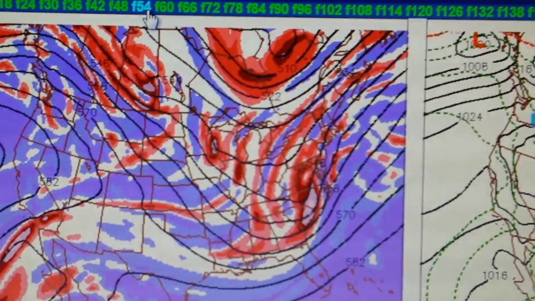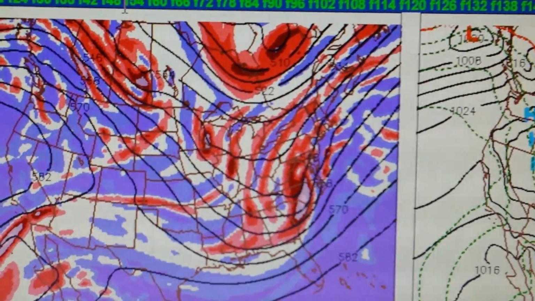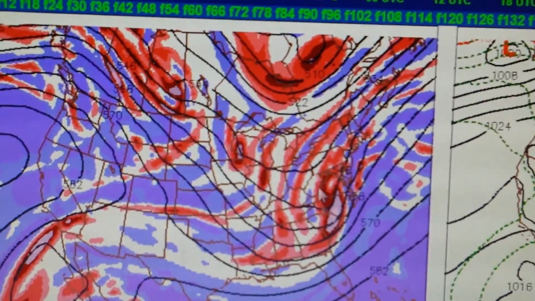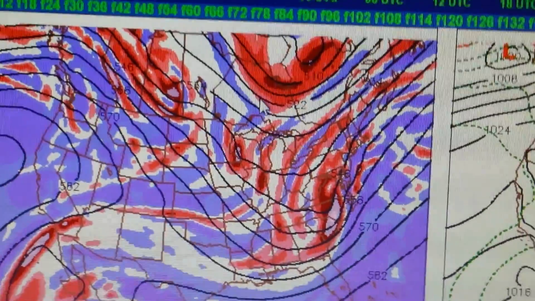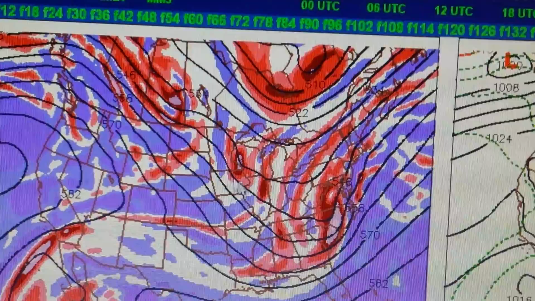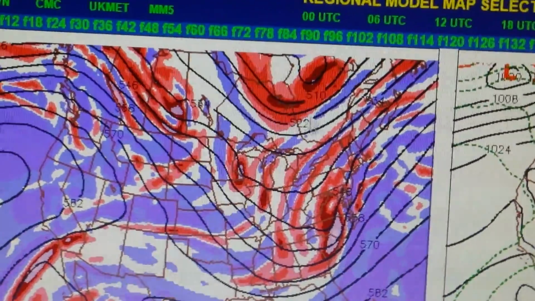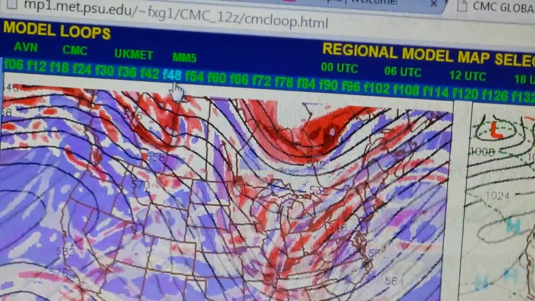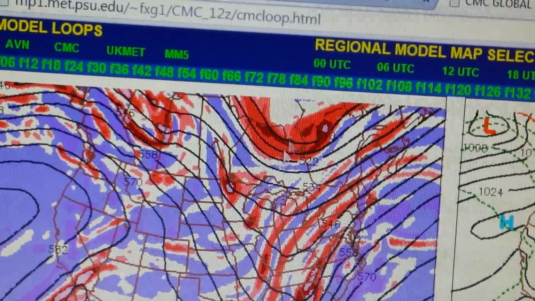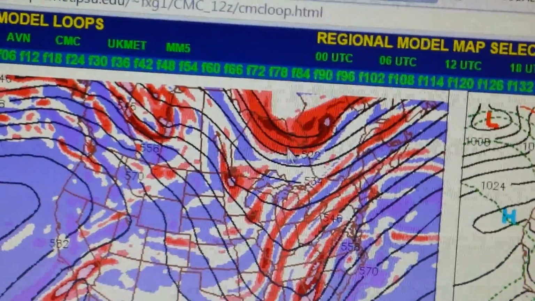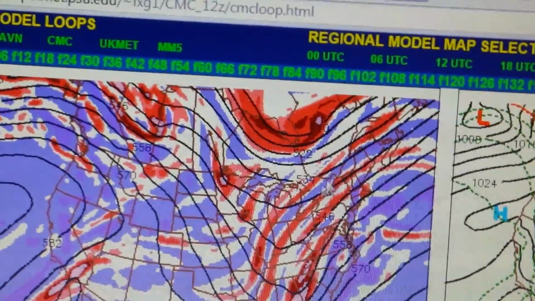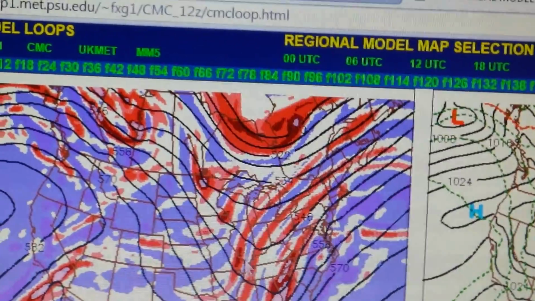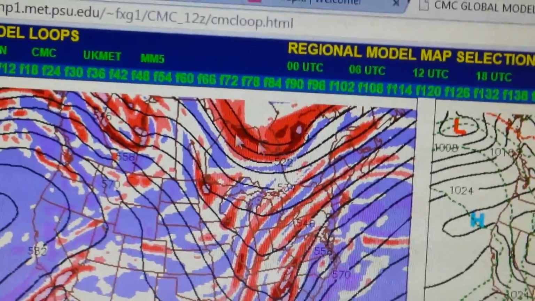Alright, so this is where we were. Okay, and by the time we get to Saturday afternoon, here is your trough. It's starting to go negative, which is good. And as you can see, you have this piece of energy trying to boot it out to sea. This piece of energy is actually positive. So what this tells me is because you have a bit of a positive tilt here, the flow out ahead of it is not exactly from the southwest. It's a little more to the east, which is why this trough gets booted to the east a little bit. But then that'll come up,